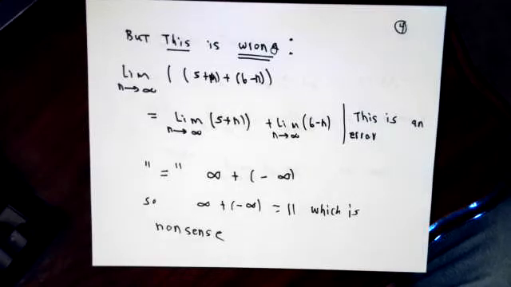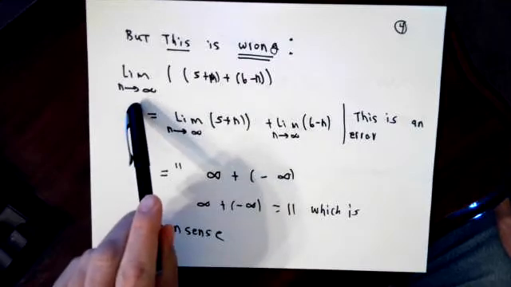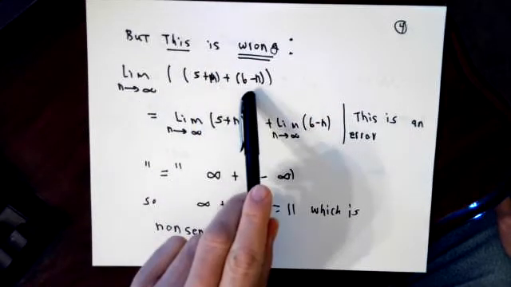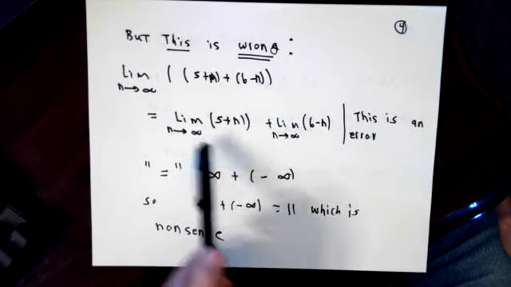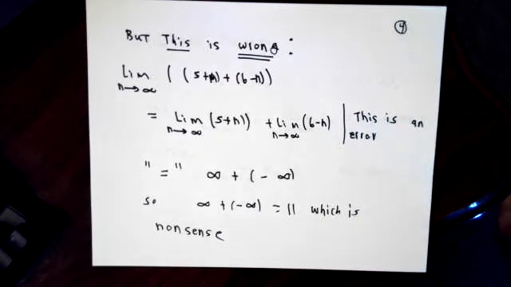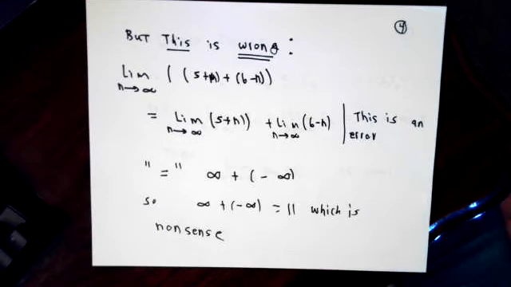So if you do the following, you're wrong. If you think of the limit as n tends to infinity of the quantity 5 plus n plus 6 minus n, if you break this up into the sum of two different limits, that's wrong. The reason that that's wrong is that property of limits requires that the two limits both actually exist as real numbers, not the infinity or negative infinity symbol. And of course, this is complete nonsense then.